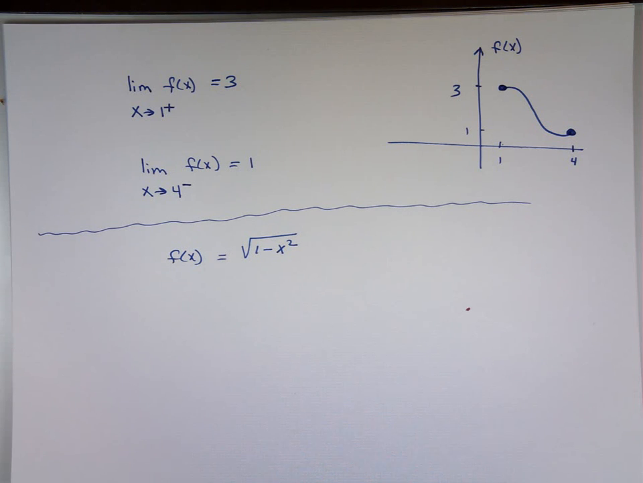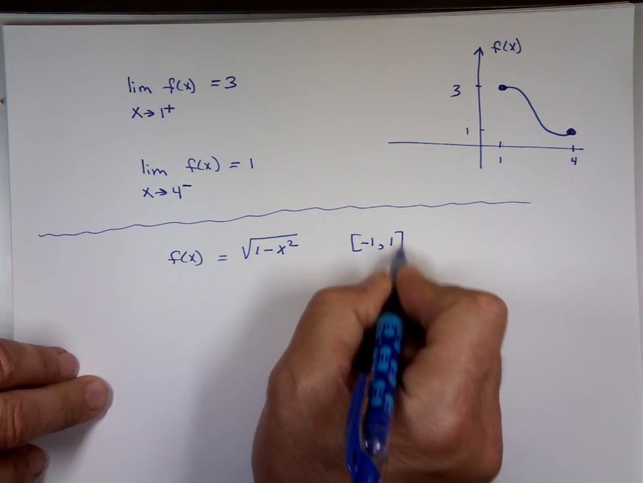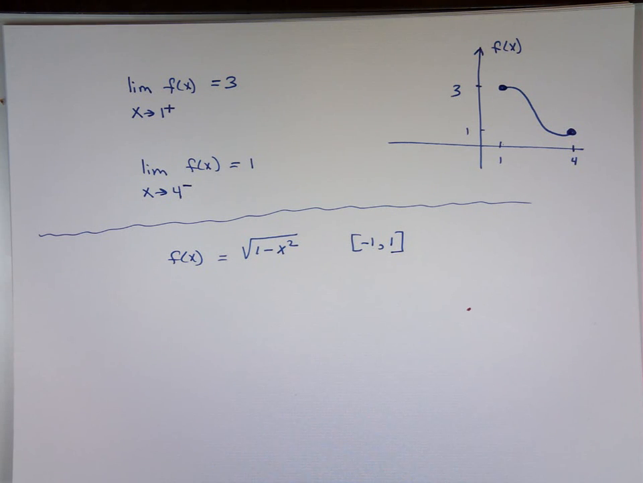And I want to look at this from negative. I don't even have to write this. If you try to graph this, anyone knows what the graph looks like? It's kind of like a half circle. Yes, it's a half circle. Why? If you call f of x y,